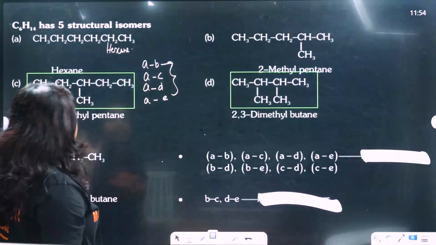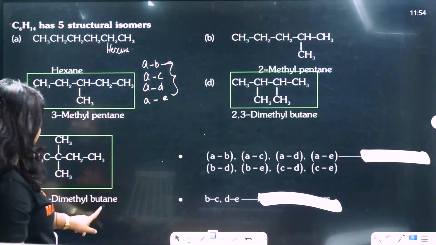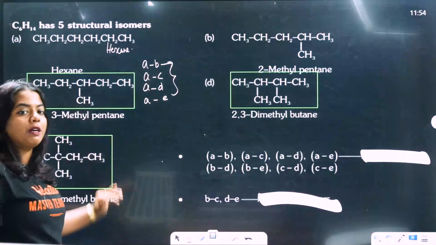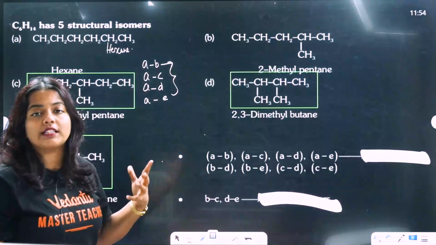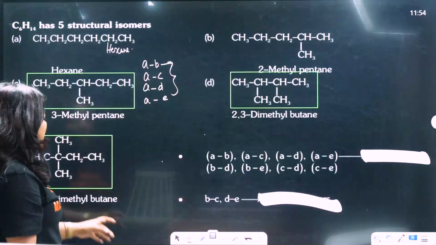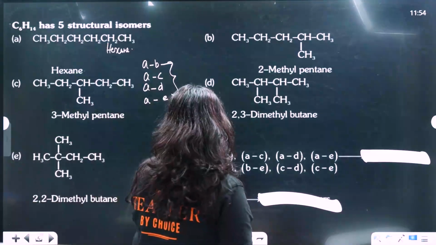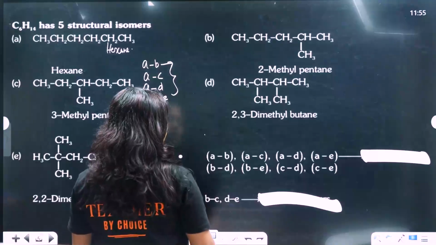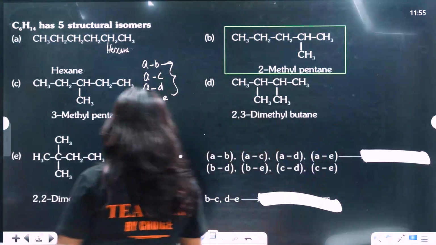Then C and E also come. See, this was pentane and this was butane. The number of carbon atoms is the same, but this is pentane and this is butane. So that is also an example of chain isomerism. But my question is, this is not my question, this is very easy to understand, right? Now what is my question? What is the relationship between B